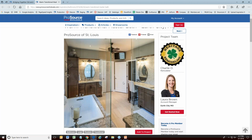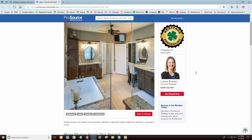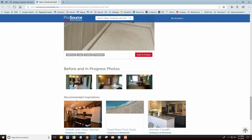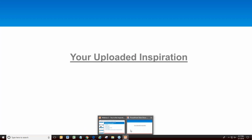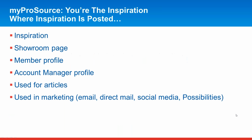This was the actual project that we put up there with the project team, who the trade pro was, who the account manager was off to the side, and all the photos from that project are out here live, including the before and in progress. So if we return back out here, this is everywhere that it's going to reside on the website, certainly in